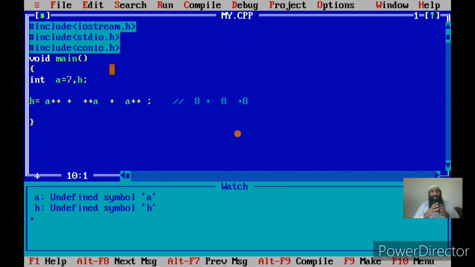That table has been given by the C compiler designers, and they have already specified that the increment and decrement operators have higher precedence than arithmetic addition, subtraction, multiplication or division. And we know that multiplication and division have higher precedence than addition and subtraction. Now, what will be done first here? Since one operation is to be done, that is incrementation.